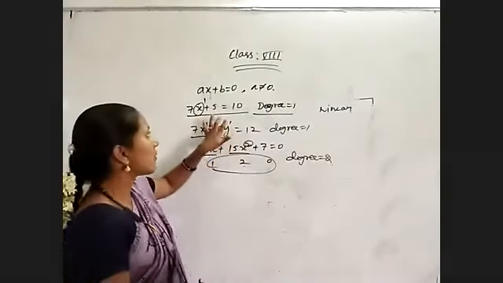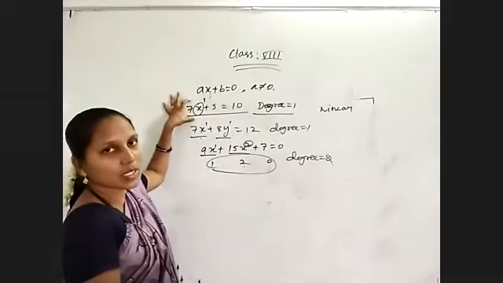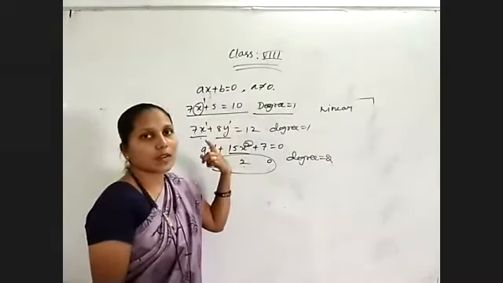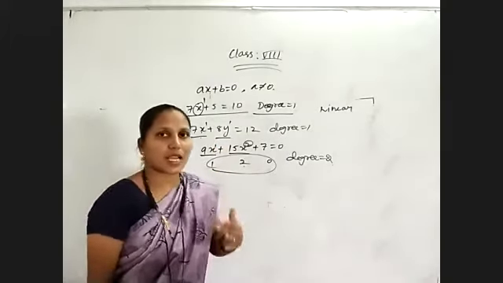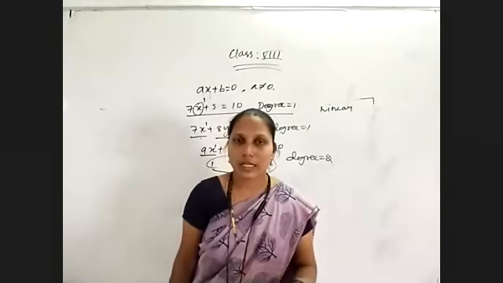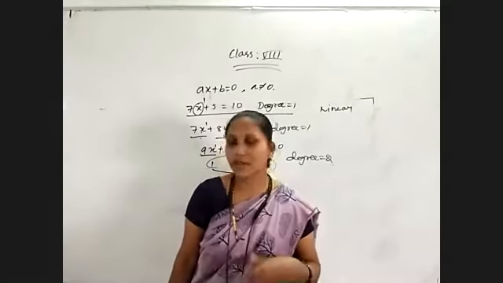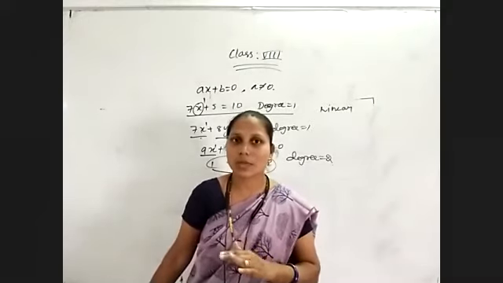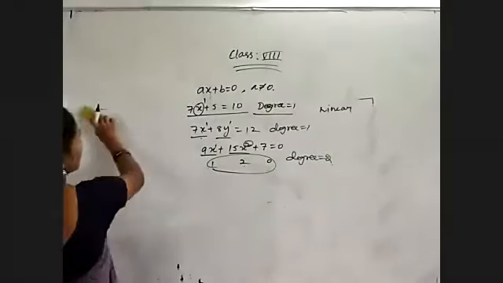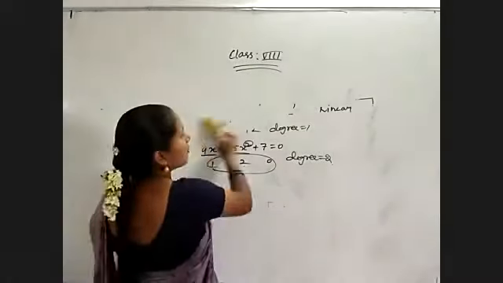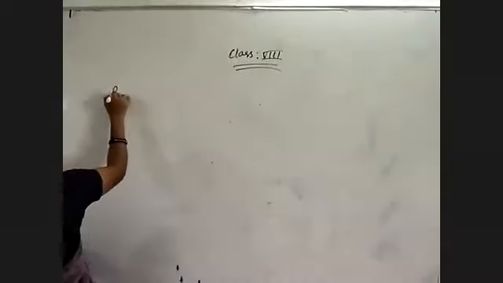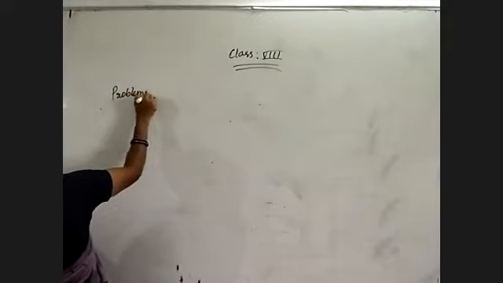When the linear equation has a variable on only one side, how to simplify? When the linear equation in one variable has variables on two sides, how to simplify? All those we have discussed. So today I am going to teach some more examples on different types of questions. How to simplify using linear equations we will solve now. Problems on numbers: how do we solve them by using the linear equation?